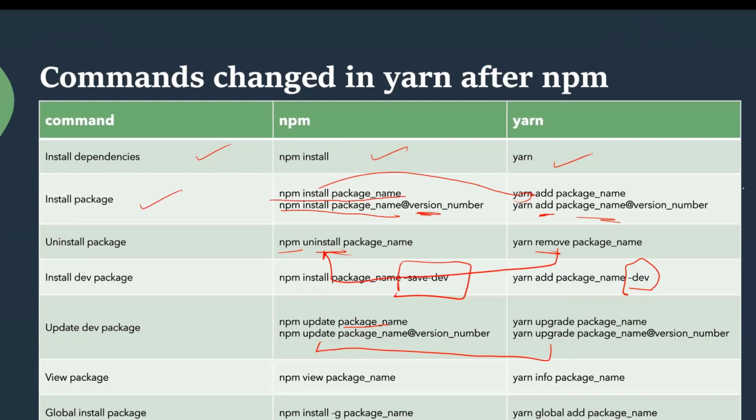Viewing packages: npm view package name, and in Yarn it is info. Global installation: npm install -g, and in Yarn, yarn global add and then the package name.